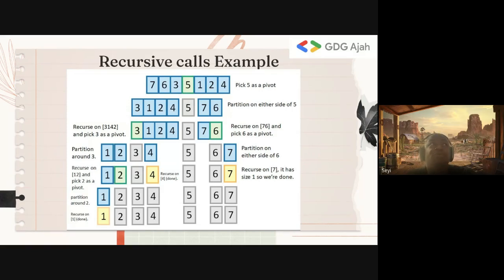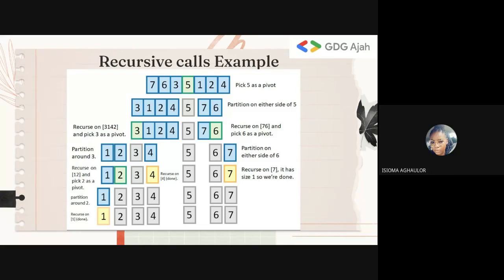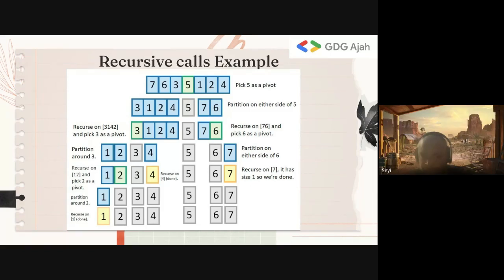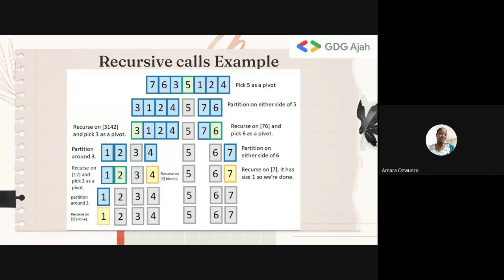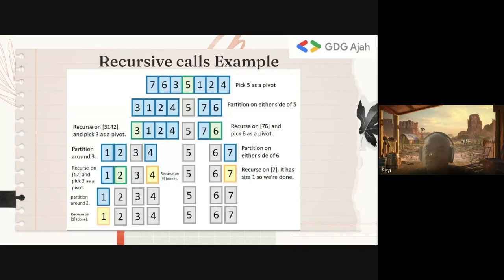Then the second question was, I don't remember the second question. Remind me. The second question was, is there a way to know if it is sorted, so we wouldn't even bother sorting? Okay, I remember now. The only way you can know is if you check.